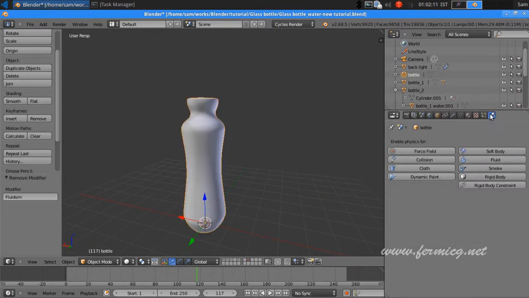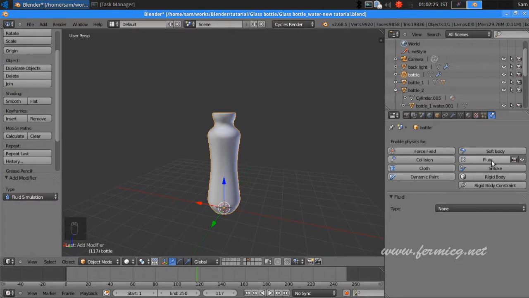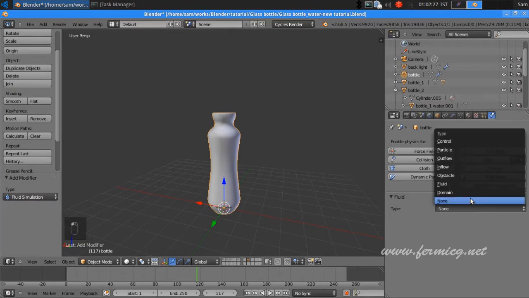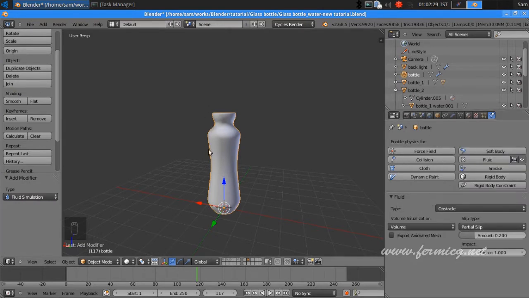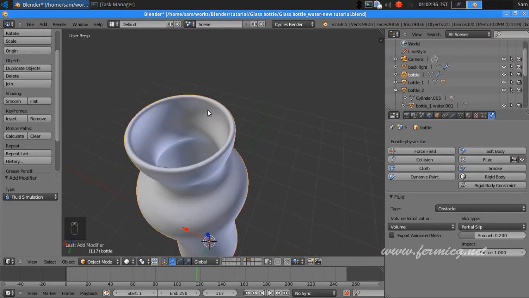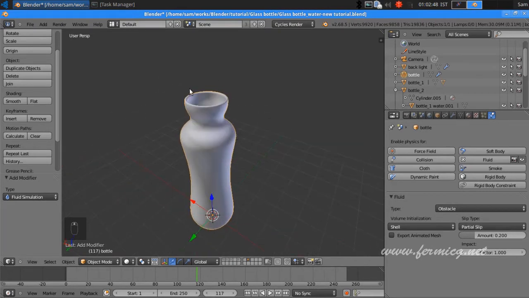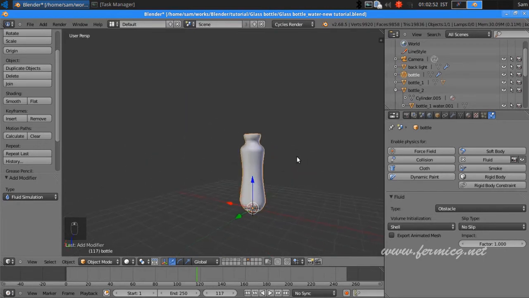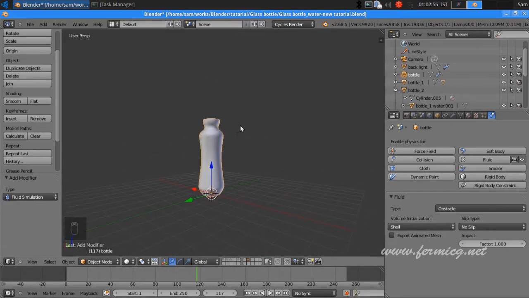You can see this is the physics tab. Click that and simply select the fluid tab, and you can see a type. Just select that as an obstacle. So this is going to be an obstacle for the fluid itself, and we have a shell object because it has an outer and inner volume, so we are using the shell itself, and we don't need any slipping or any stickiness for the fluid, so just use no slip, so that will cause the fluid to fall